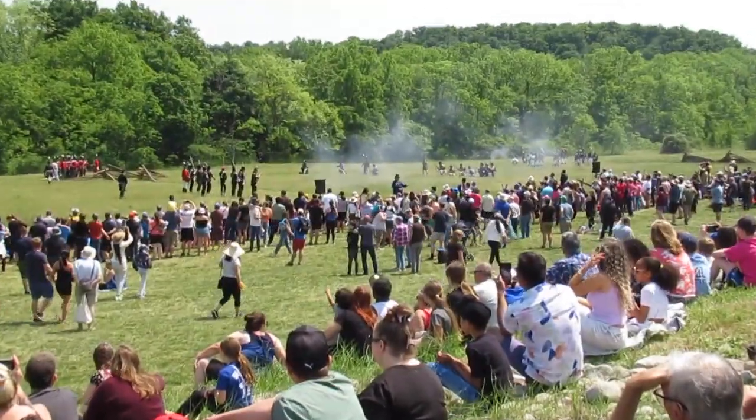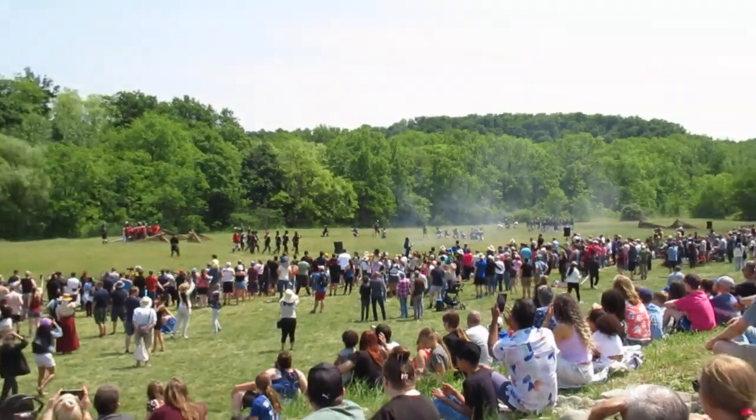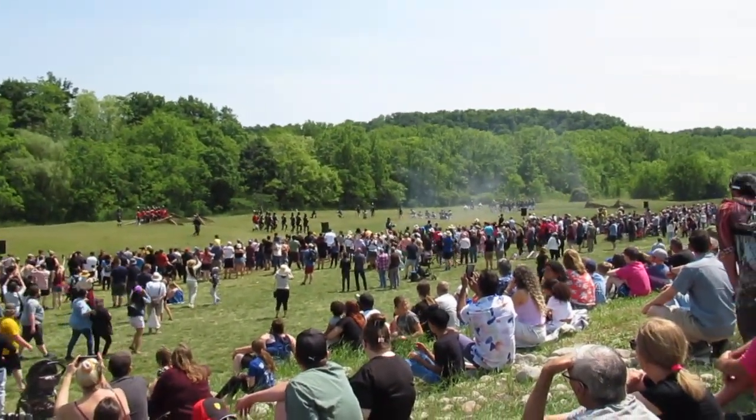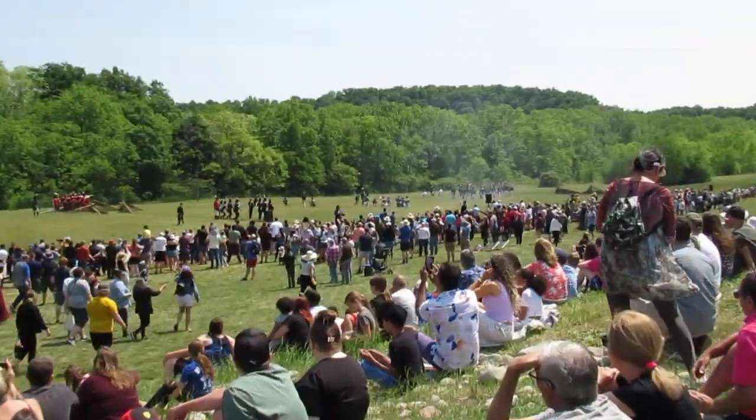The other problem is accuracy. It's smoothbore, which means when you pull the trigger, the musket ball, good luck knowing where it's going. At 100 yards, your margin of error is 9 feet in any direction. They did have